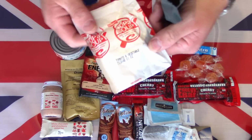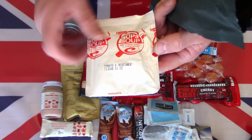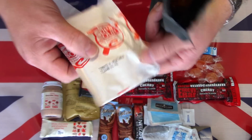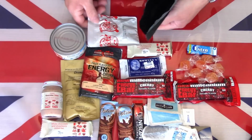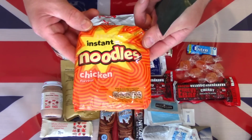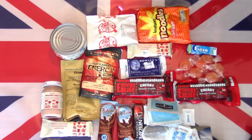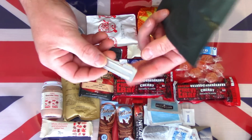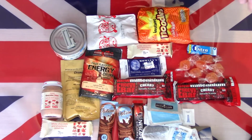There is a standard cup of soup, which is a tomato and vegetable, and that does look like it's being compromised there. Contents do feel okay, so hopefully it's not suffered too badly. And we have some instant chicken noodles. So, oh, there's something else jangling in the bottom. A little P38 style can opener. Okay, so